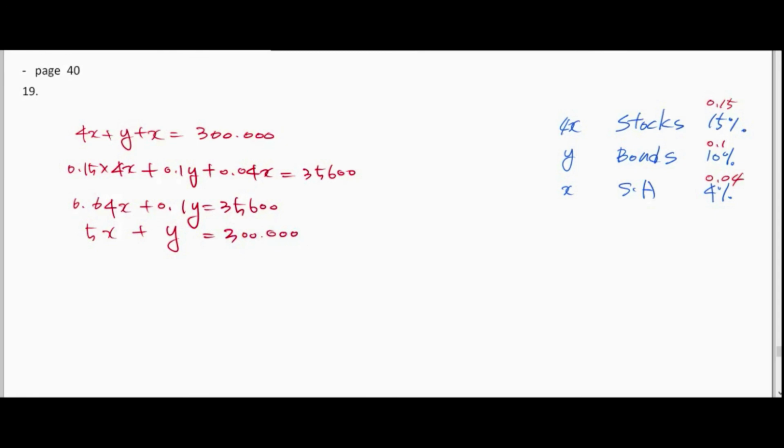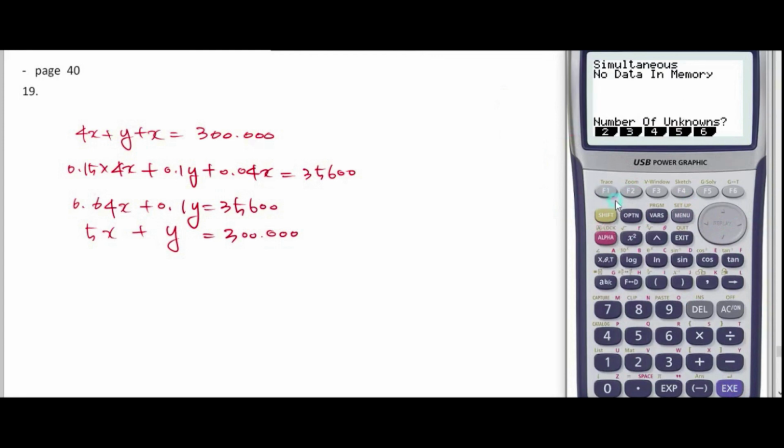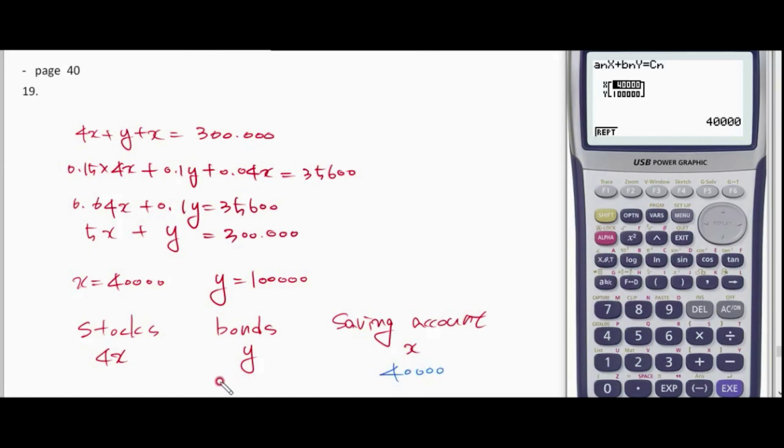Let's solve this question using the calculator. First go to the menu, and then to the equation, press simultaneous, and there are 2 variables, and now let's just write it down. And if we press solve, we can find that x is 40,000 and y is 100,000. And then let's calculate this. For savings account, it was x, bonds was y, and stocks was 4x. So x was $40,000, bonds $100,000, and stocks will be